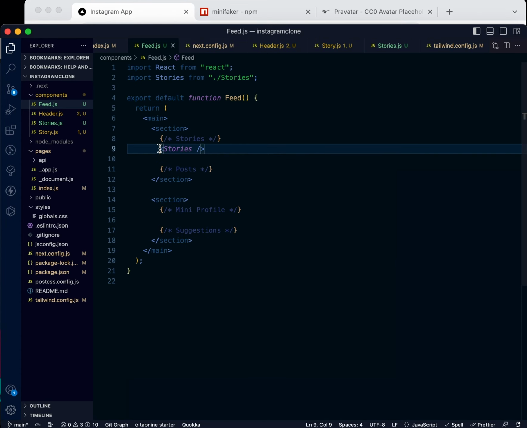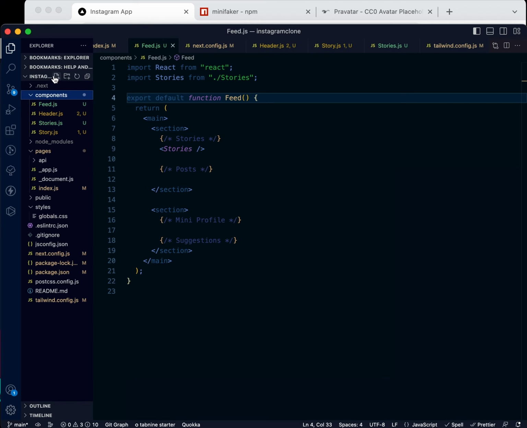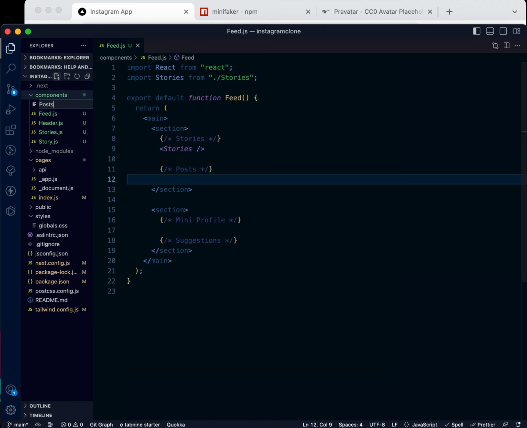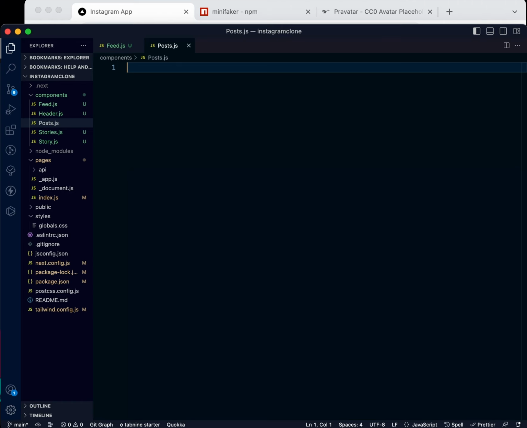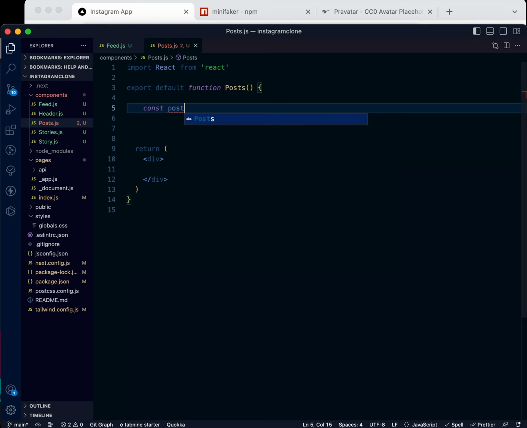Okay, so now we're done with our stories. We're going to work on our posts. To do that, we're going to create a new file in our components. Before we do that, let's try and clear out all of this. So create a new file and call it posts.js, RFC. We're going to create some fake data just so we can use it for now, then later on we'll use real data. So we're going to create a new constant here, const posts equals to,